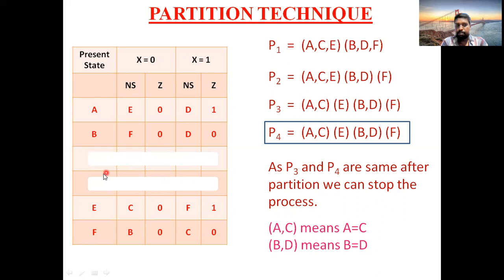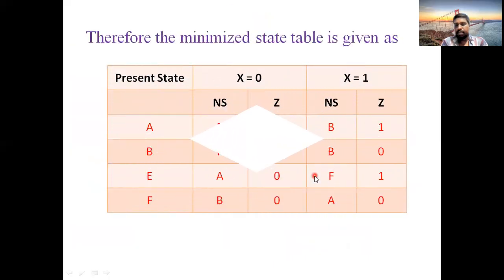See here, C is eliminated, D is eliminated. So your final table should definitely not contain C comma D. But D is there now here. You can replace these two values with B. Why? Because B equal to D. Likewise, here C is there, here C is there. So these two C's can be replaced with A. Why? Because A equal to C. So that is your final minimized table. Your C comma D are both eliminated rows, so you should not mention any C or any D value in the final table.